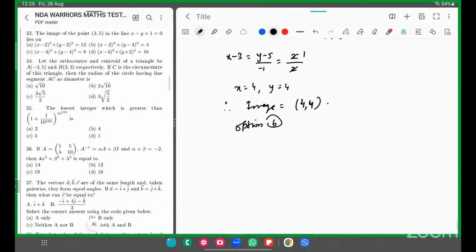34, let the orthocenter and centroid of a triangle be A and B respectively. If C is the circumcenter of this triangle, then the radius of the circle having line segment AC as diameter will be what. चलिए क्वेश्चन को पहले समझने की कोशिश करो। सेंट्रॉइड का कोऑर्डिनेट गिवन है। सेंट्रॉइड मतलब G से रिप्रेजेंट कर लेंगे हम इसको, B 3,3।